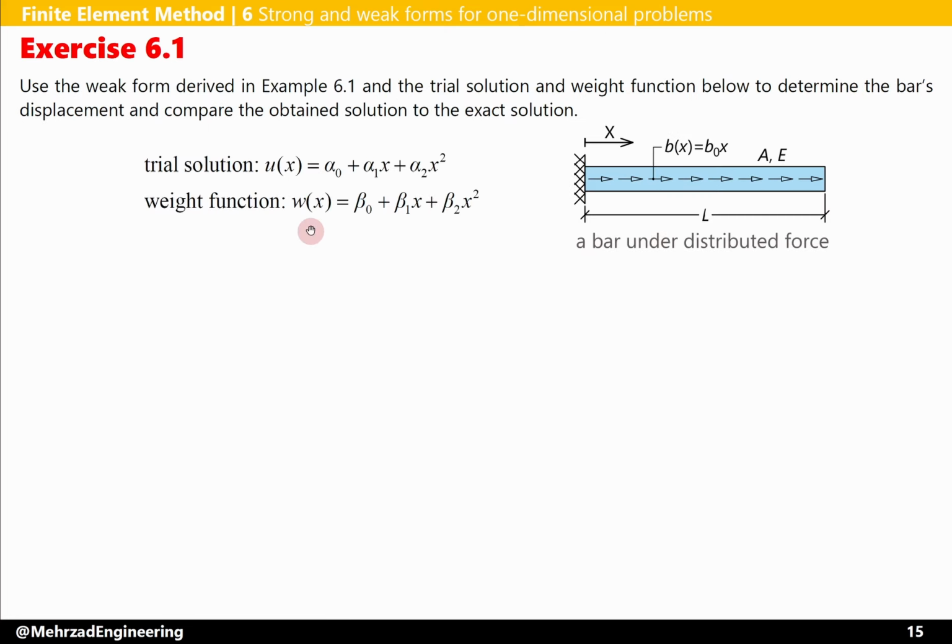Now we have an exercise for you. Use the weak form derived in example 6.1 and the trial solution and weight function below to determine the bar's displacement and compare the obtained solution to the exact solution. Here we have a bar that we had in example 6.1 and we want to apply this trial solution and weight function, which are the second order functions, to the weak form we derived in example 6.1